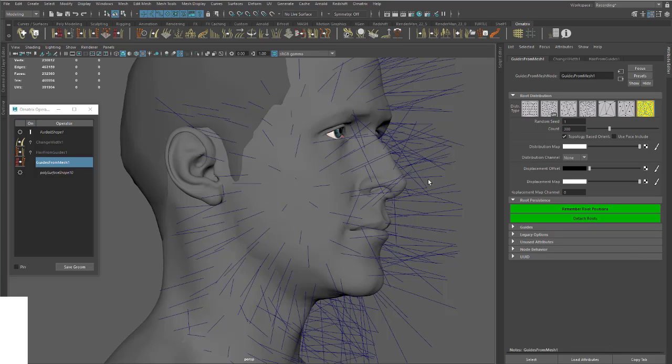Maybe you forgot and modified the topology of the mesh or the distribution map. Maybe you made a change to the distribution map and you saved it by accident. This option, when it's on, will make sure that when you make that accident, the groom will not be affected by it. Okay, so that being said,